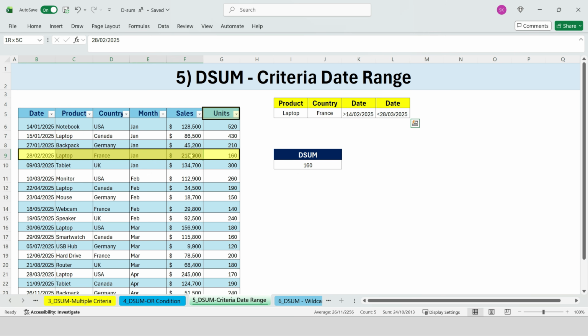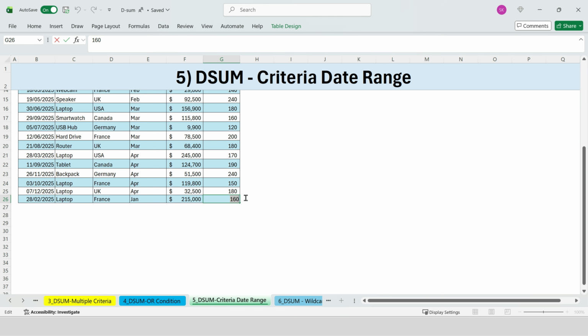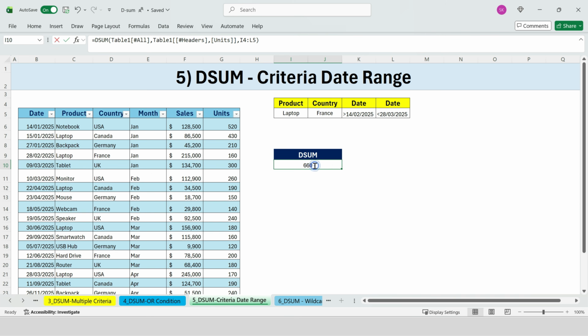Dynamic table advantage. Now let's add a new row to the data. We paste a new transaction, change the quantity to 500. Because this data is stored in an Excel table, created using Ctrl+T, the result updates automatically. No range edits, no formula changes. It just works. DSUM is excellent for date range filtering, works perfectly with multiple criteria, and becomes fully dynamic when used